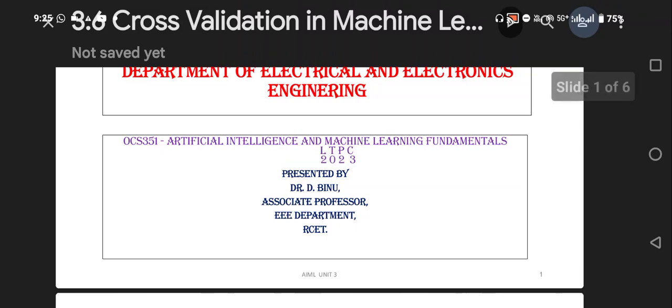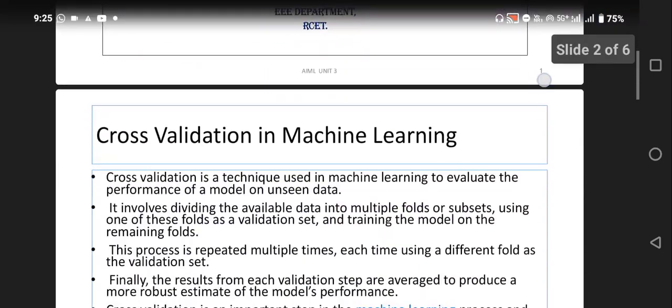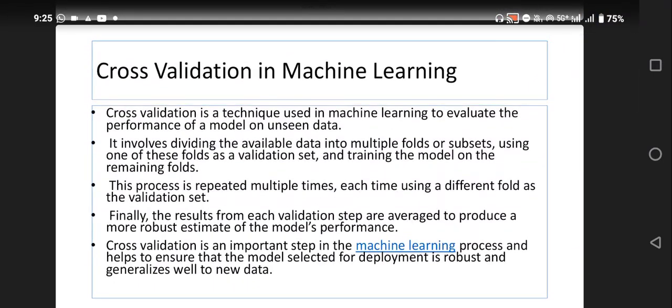I'm Dr. Binu. In the Artificial Intelligence and Machine Learning Fundamentals subject, the sixth topic in the third unit is cross validation in machine learning. Cross validation is a technique used in machine learning to evaluate the performance of the model